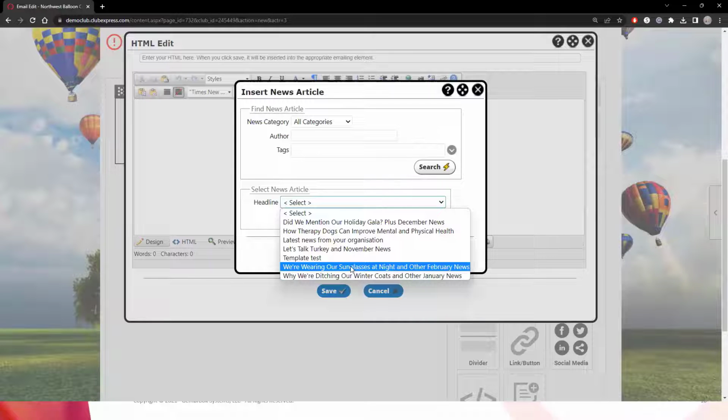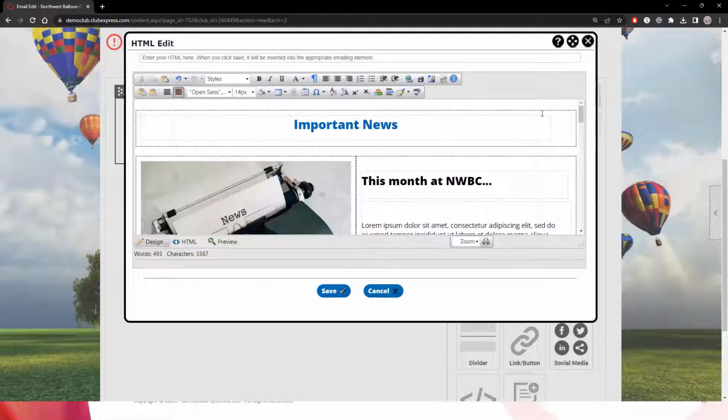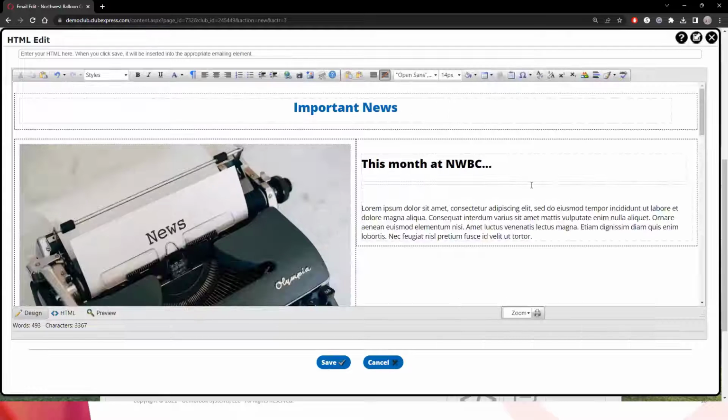So I'm going to choose the same exact February newsletter that I've been working with, and I can include or exclude the headline. I'm going to go ahead and exclude the headline because maybe I want to add in some additional styling or some additional page rows that are going to add in some extra information. I'll go ahead and insert my article, and right in the HTML